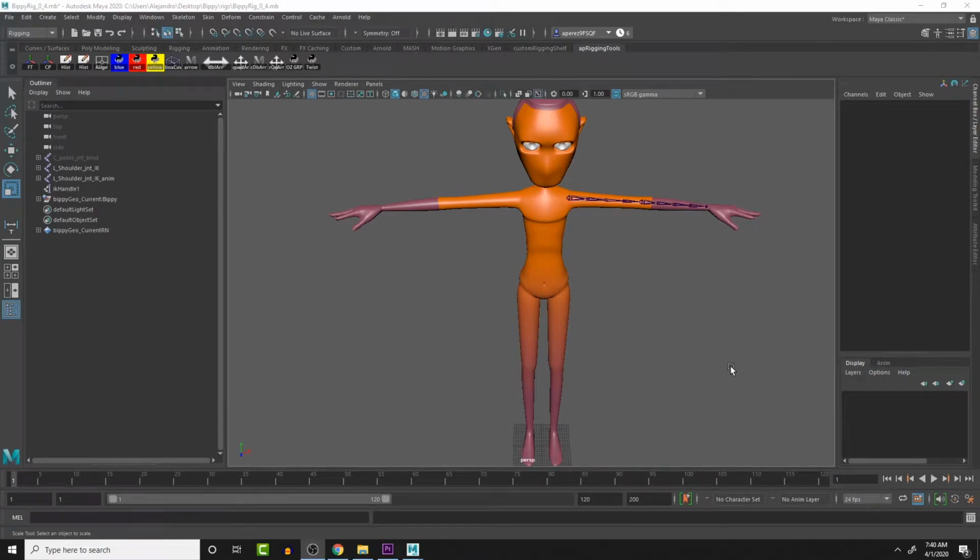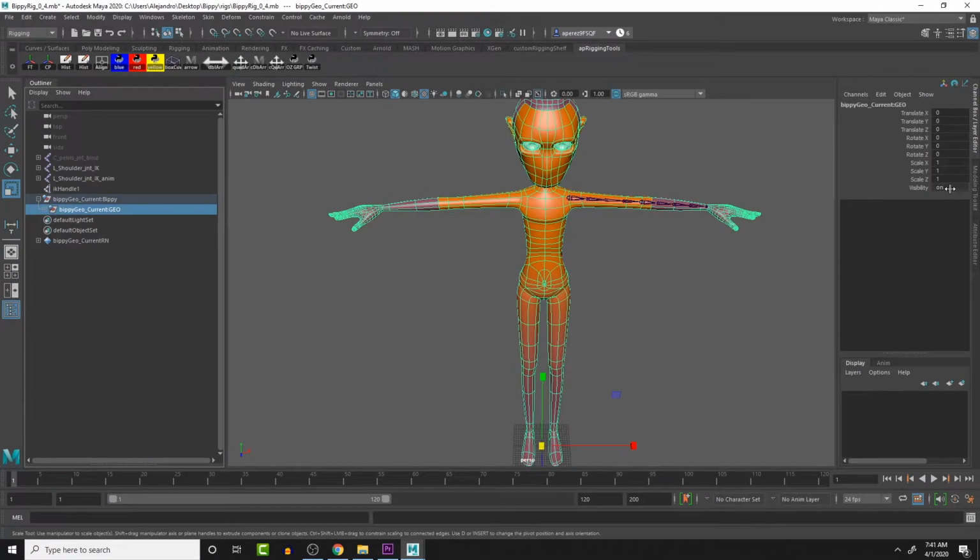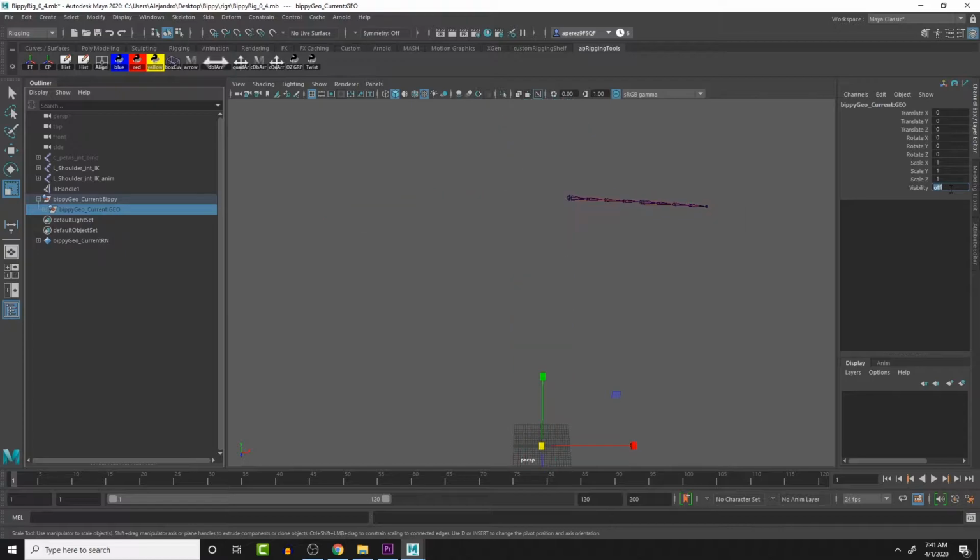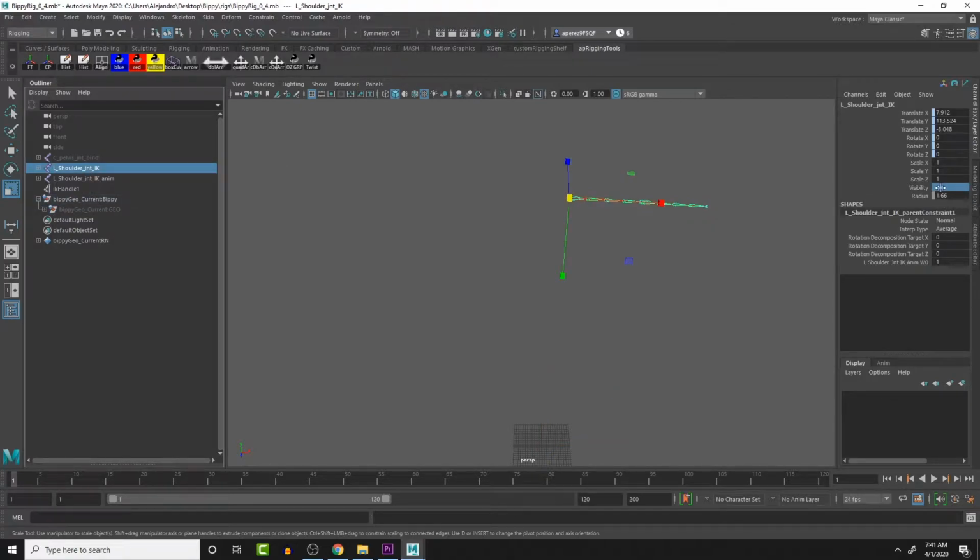Okay, hello everybody. In this lesson we're going to go through the process of creating a set of controls for the IK arm. So I'm going to make this a little bit easier right now by hiding the geometry. I'm going to select that and turn the visibility off. And then I'm also going to turn off the IK joints here